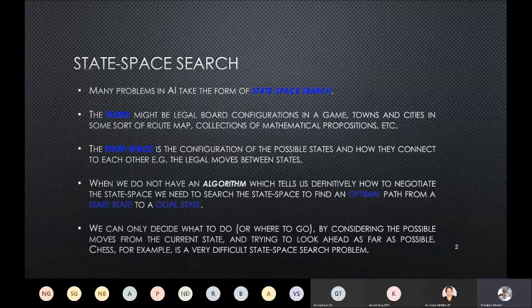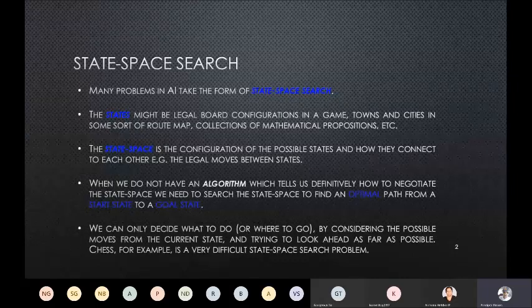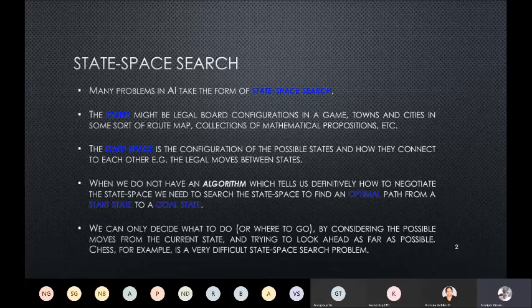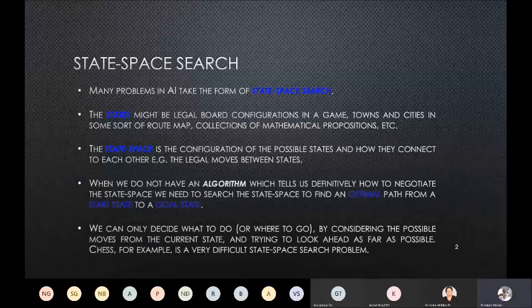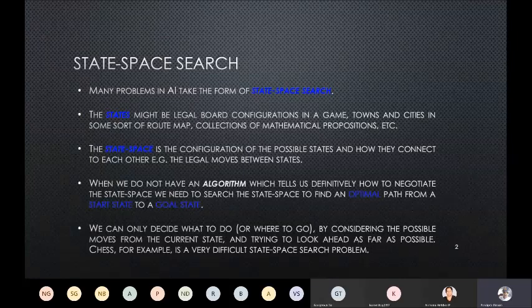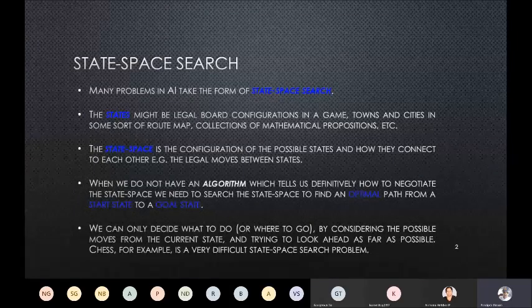And the main challenge of state space search is that I should optimally reach my goal state. That means, say I am at Bangalore, I want to reach London. There are many intermediate cities, but I will choose a route which will bring me to London in minimal possible time, or maybe at minimal possible cost, or maybe at minimal possible risk level. So it is a sort of definition of an extrema, that I will have a parameter which I will either maximize or minimize, and I will find a path through these states which will bring me to this goal state in the optimum way.